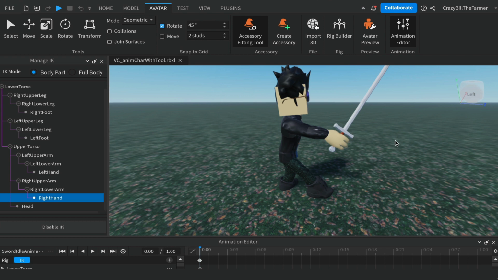Alright, next we're going to come to full body mode again, and we want to now pin the upper right arm. Okay, so find the upper left arm. So pin the upper left arm, which is here. Left upper arm, we want to pin that. And we're going to move the left hand up to about 90 degrees. So if we select our left hand down here,